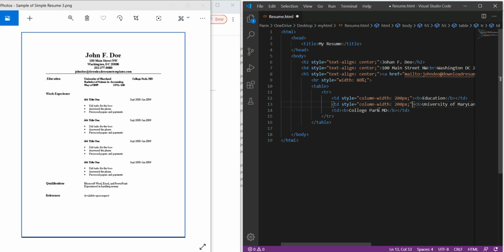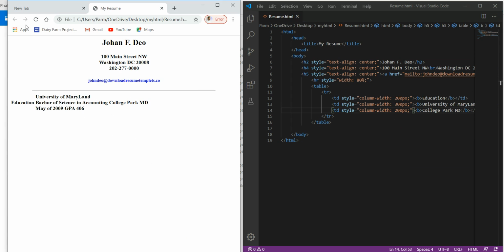So control B, and here I specify the column width equal to say 300, and this is column number 4. Here again I will use the property equal to, say, 200 pixels. So I will save this, and again I will refresh it over here. You can see the changes. Okay, so after this our table row is completed, then the table is completed.